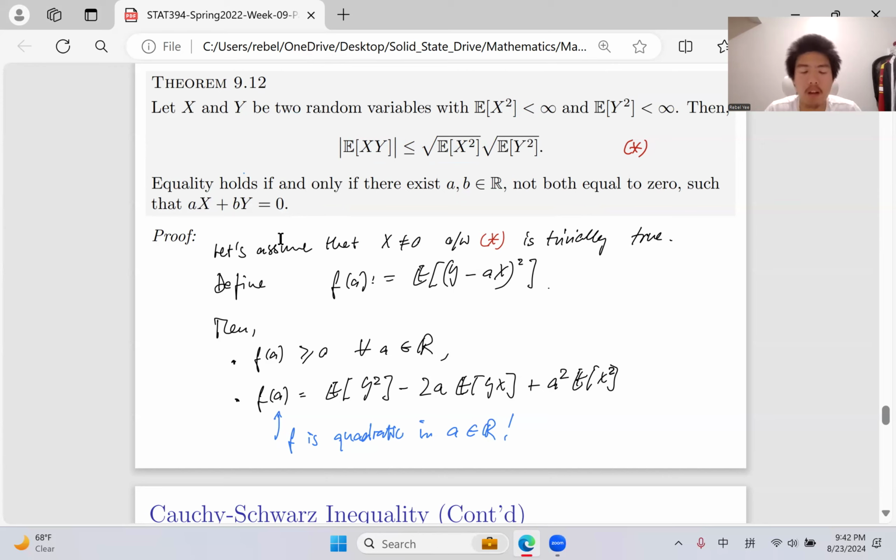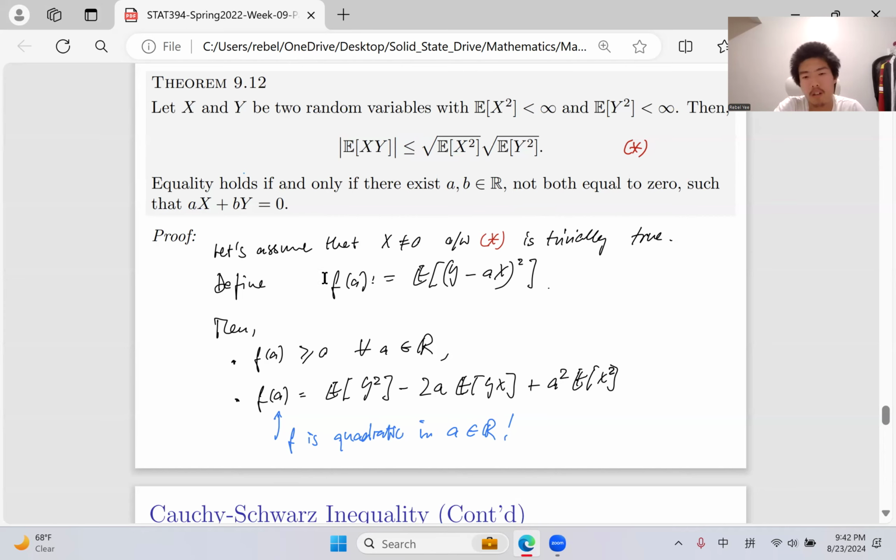So let's first assume x is not equal to 0. Without loss of generality, we can also do it when y is not equal to 0, because when x is not equal to 0, we can just swap x and y, so y not equal to 0 is the same as x not equal to 0. So without loss of generality can be used here, which means we can only discuss the situation where x is not equal to 0.